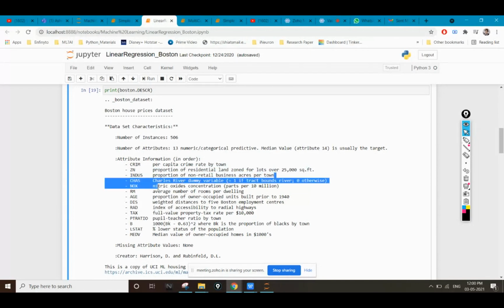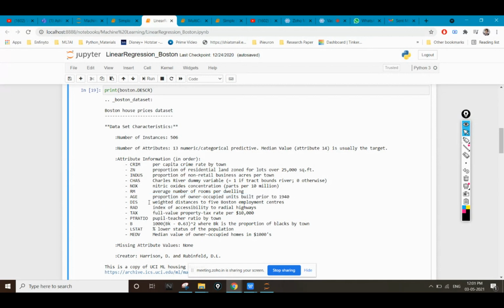Non-retail business: how much non-retail business is happening in nearby positions. These are some dummy variables. Then average number of rooms per dwelling: how many rooms are available per building or per house. Then age, the average age of the users.